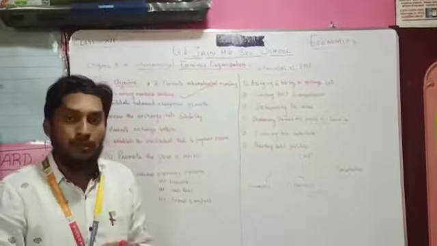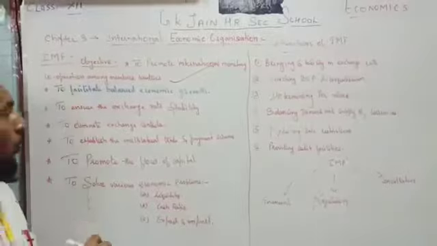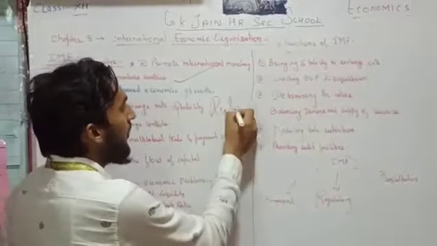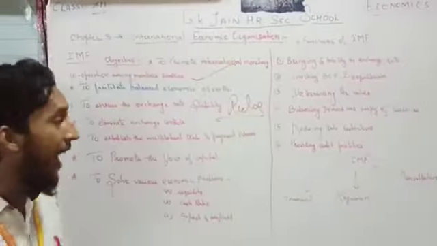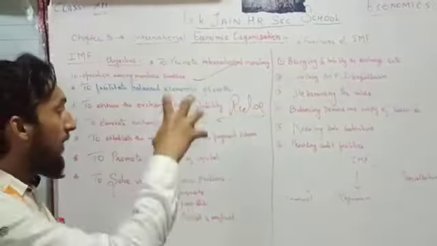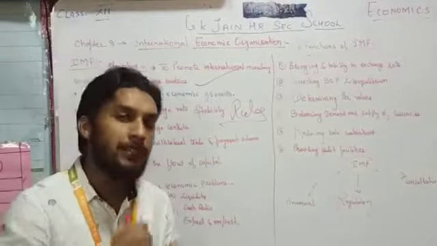So this organization, IMF, plays a very beautiful role here: they will take care that no country goes against the policy. They have made the rules. All the rules with regard to trading have been set up. Now the IMF will observe whether the countries are understanding and following these rules or not. That's the reason the exchange rate will also be fixed. For example, India has a relation with Japan, and they are having business dealings. Now suddenly Japan says that the exchange rate was 2%. Now they will say no, it's 3%.